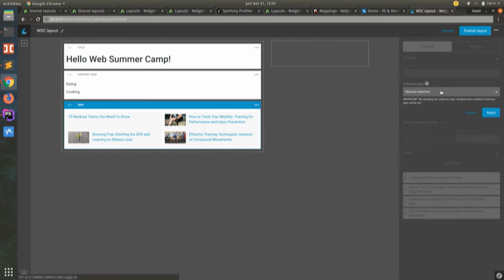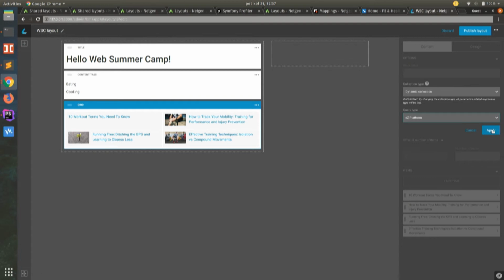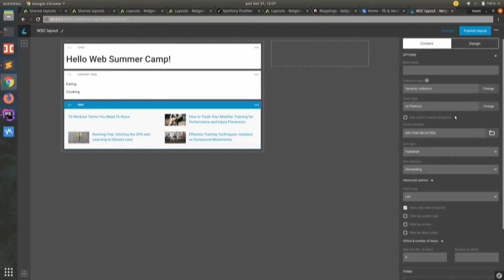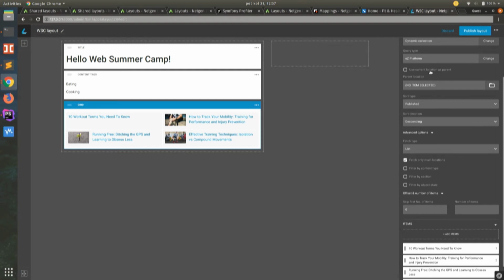So in a content search query, or Ibexa platform query, whatever you want to call it, there is an option here that says use current location as parent. So when you select this, it takes the currently displayed location and uses it as a parent to fetch the content from. Or you can select the parent location by yourself. If you click this,